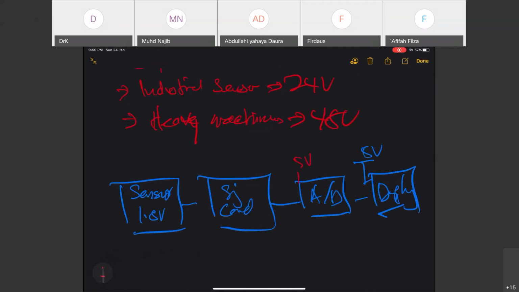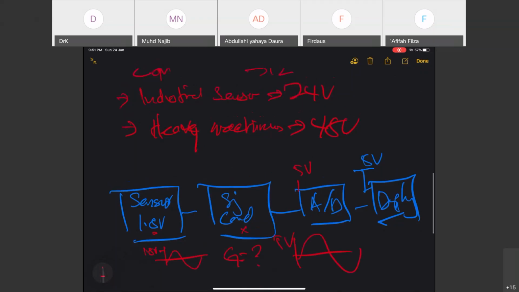In this case, I select A to D that runs in 5 volt, and you have a display which definitely runs in 5 volt. Your sensor runs on 1.8 volt, so you need to do some kind of amplification in the signal conditioning part, so that this 1.8 volt can be amplified to the maximum of 5 volt. All right, so you know what kind of gain you have to set here so that the system is basically matched. All right, so we are still discussing about the input signal, in which I have shown you the input signal can basically come in